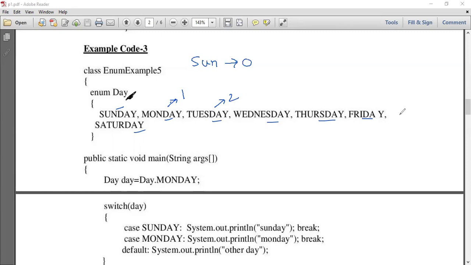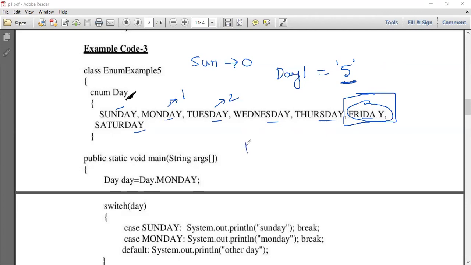Whenever we declare day1, we assign it some value, that is 5. When we encounter the value 5, it indicates it is Friday, which means when we start with 0 for Sunday, then Friday would be 5. It is the programmer's responsibility to compare the value and then arrive at a conclusion that it is a Friday.